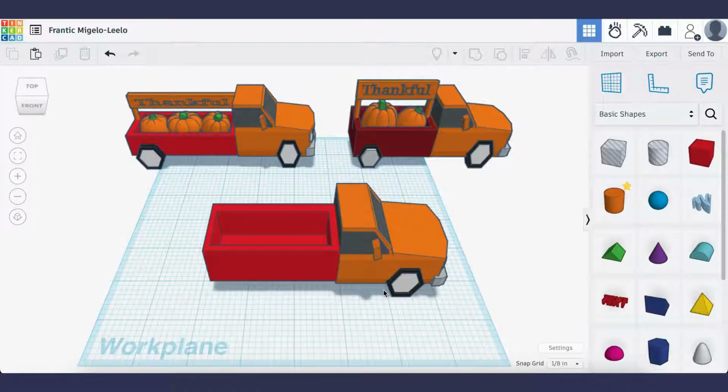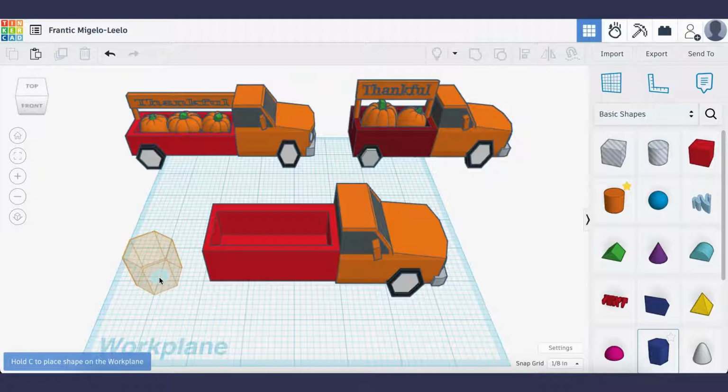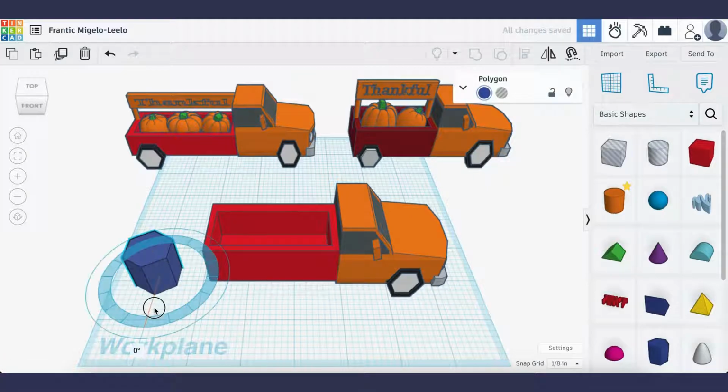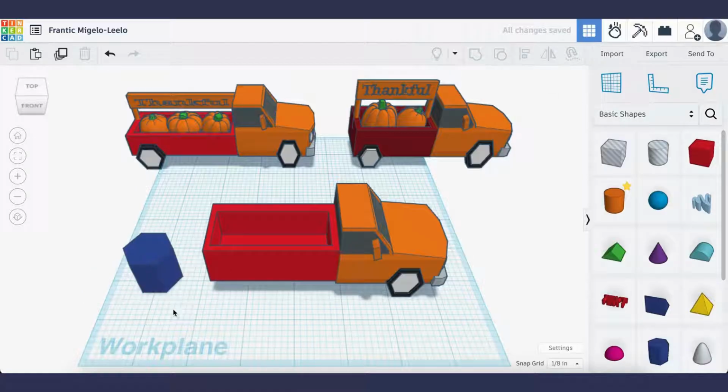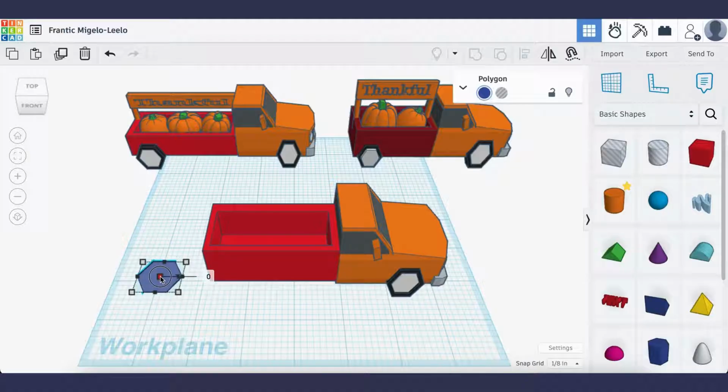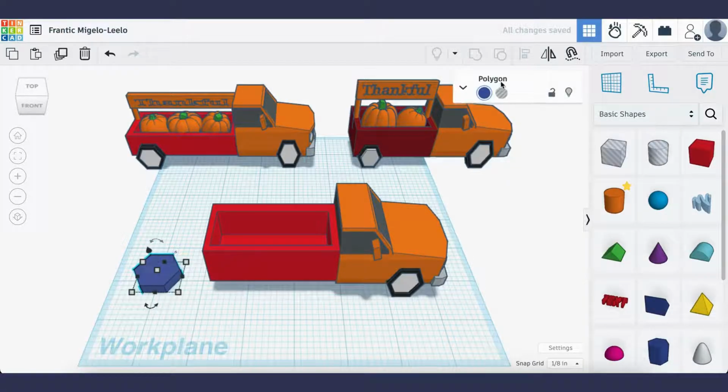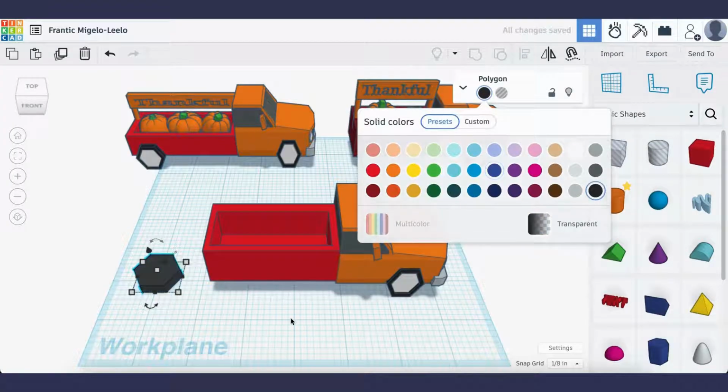Now to start designing the tires for our truck, I'm going to go ahead and drag a polygon onto our work plane and we'll rotate it to be -30 degrees so that it's aligned with our work plane and will be the same alignment as the other tire. Then I'm adjusting the height to 1/4 of an inch, and I'm changing the color to match the black rim